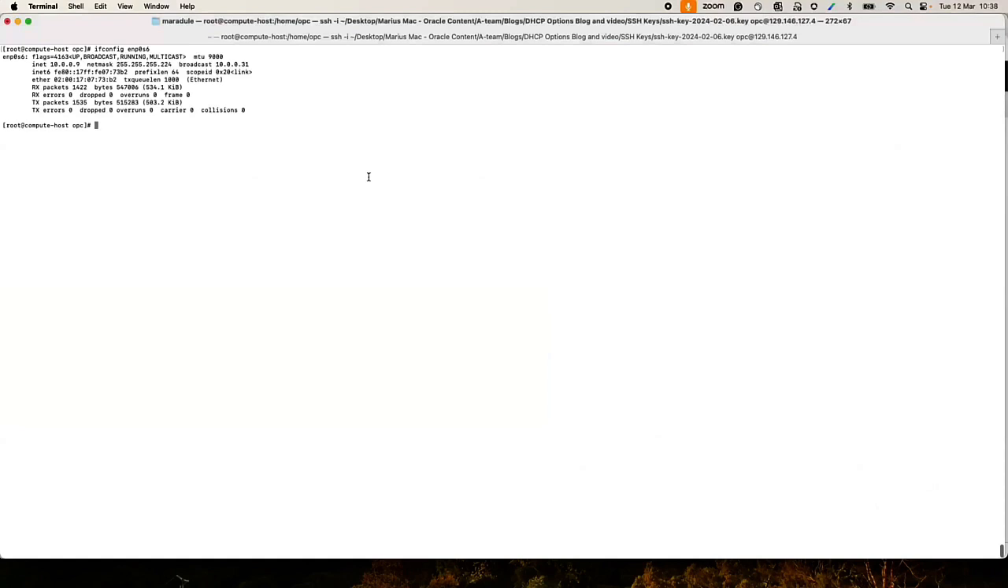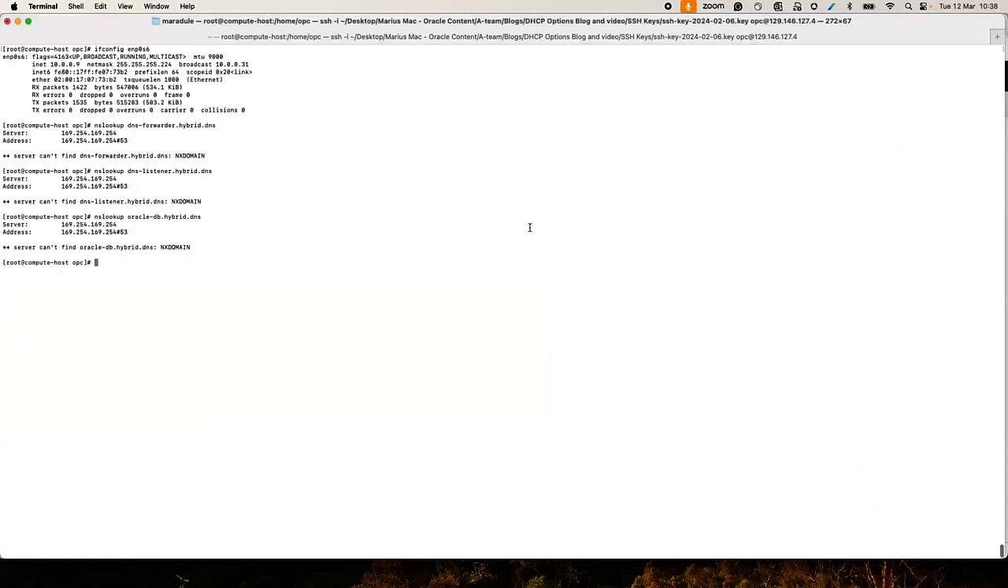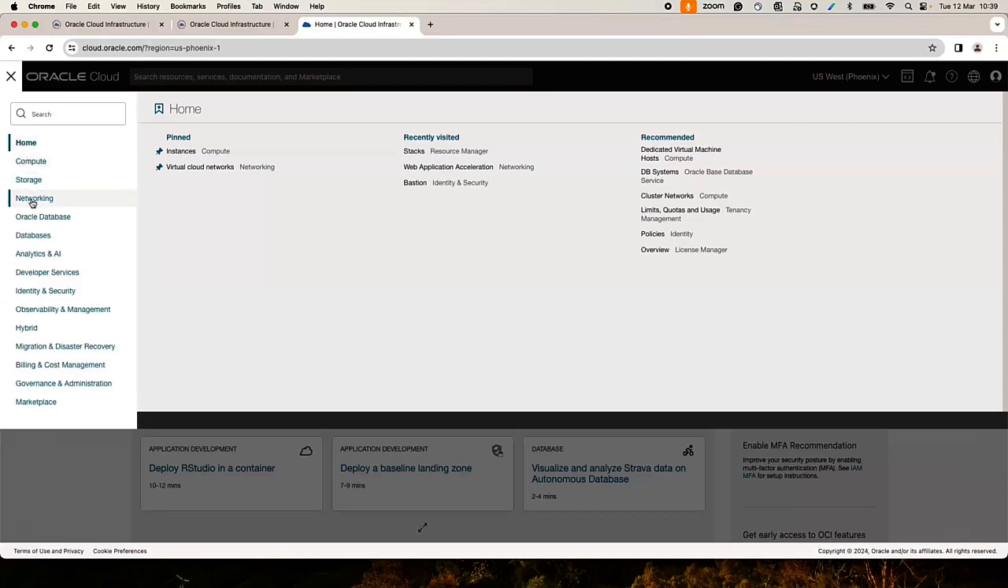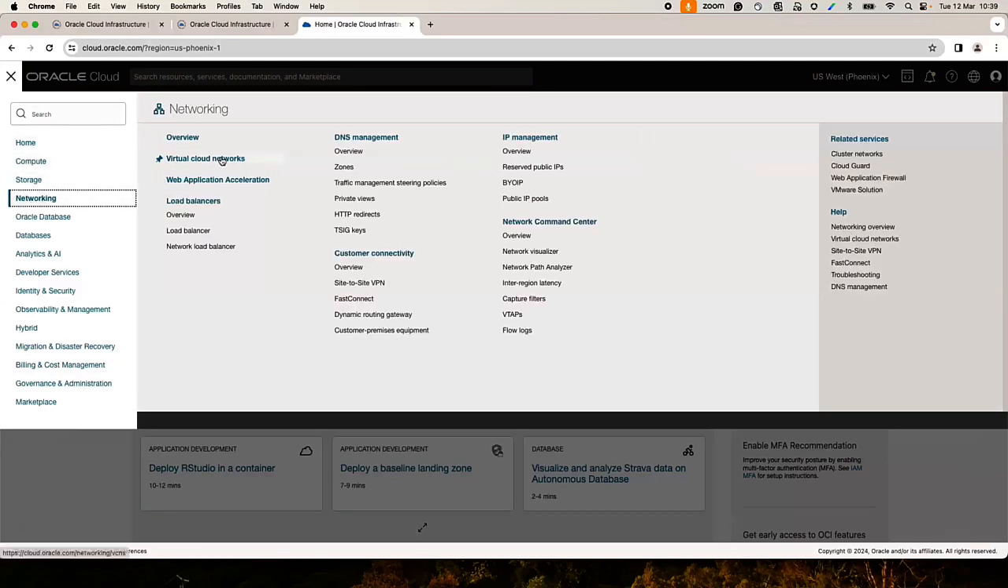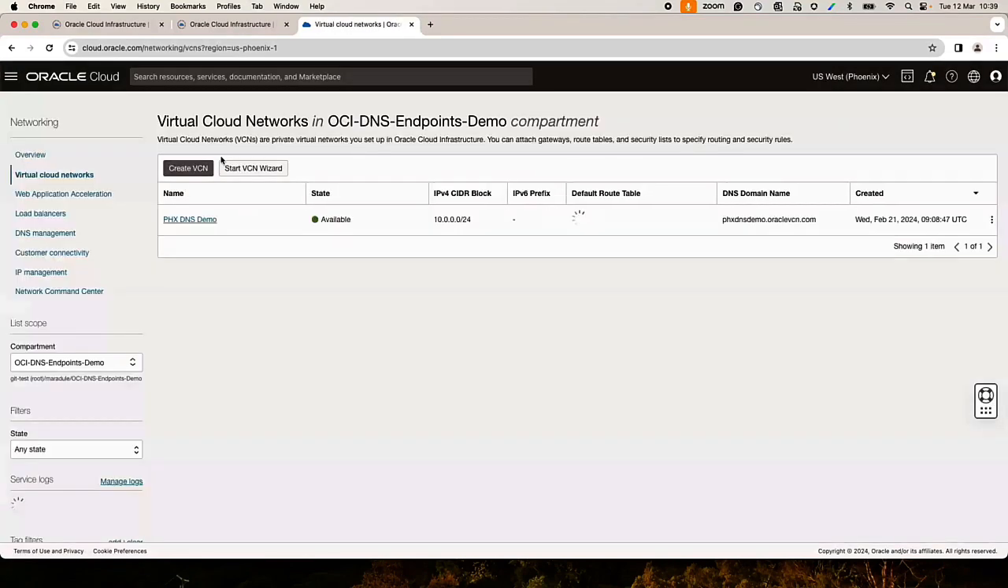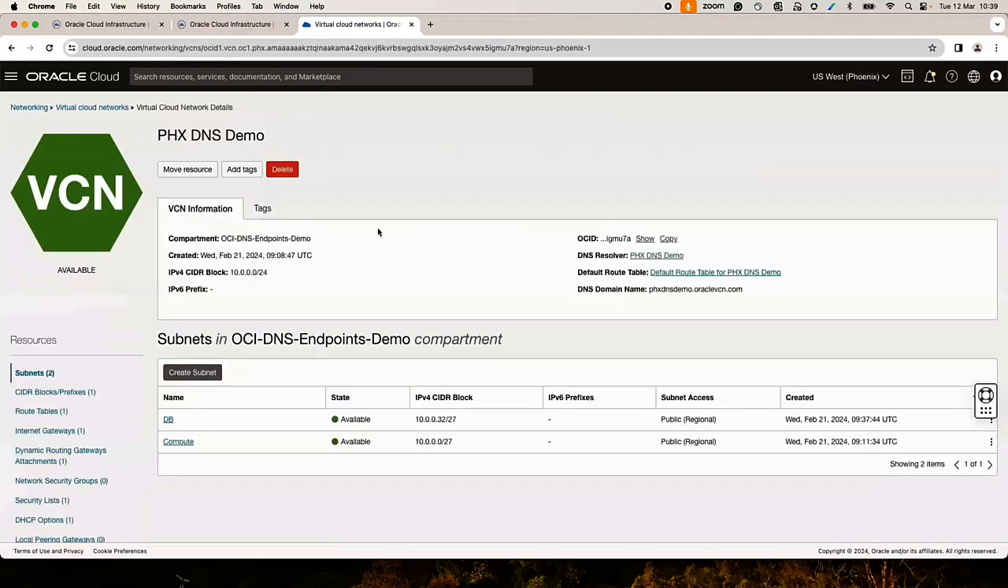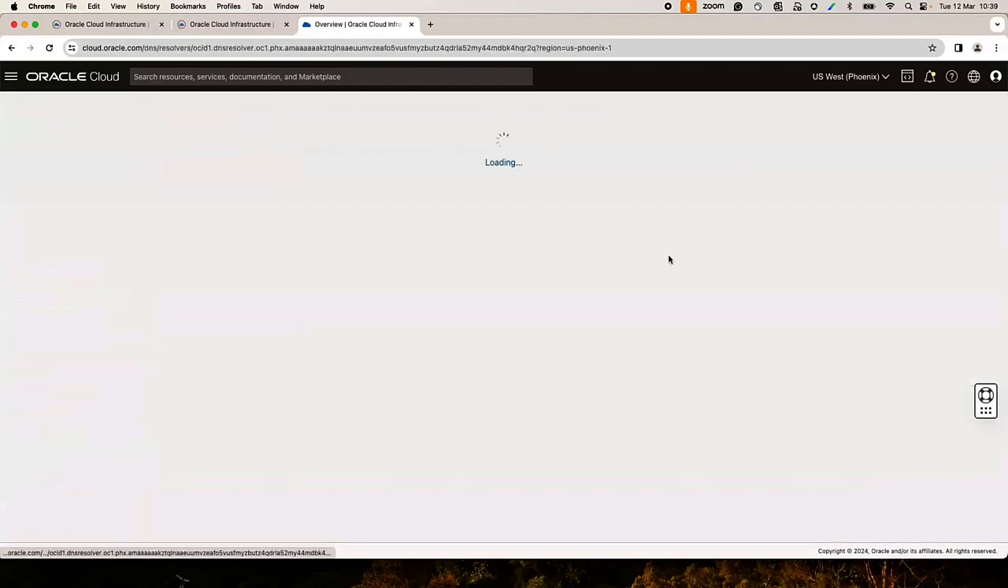Before we make any change, let's do some DNS tests to test the behavior before configuration. As we can see, all the DNS lookups from OCI to an on-premises location are failing. To implement the changes required, let's go to the hamburger menu, click on Networking, Virtual Cloud Networks, and select the Phoenix DNS VCN. Click on the DNS resolver,